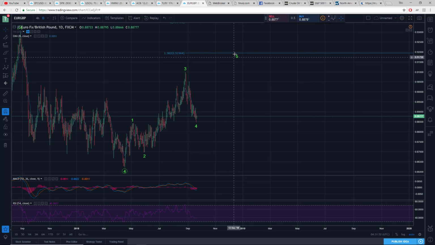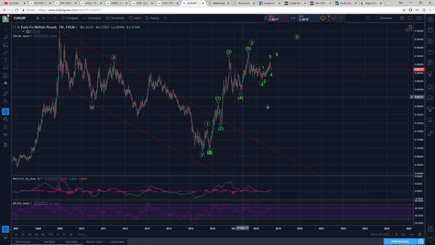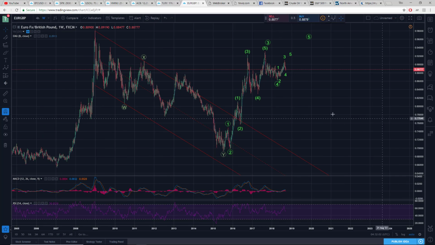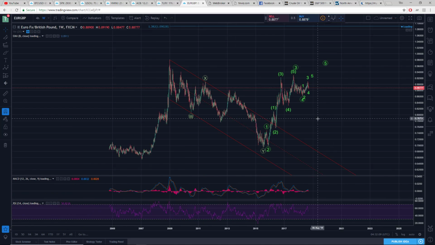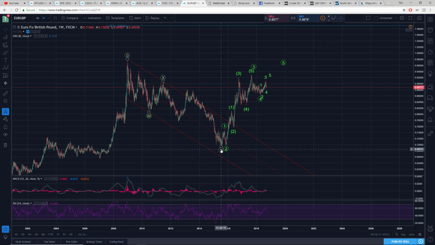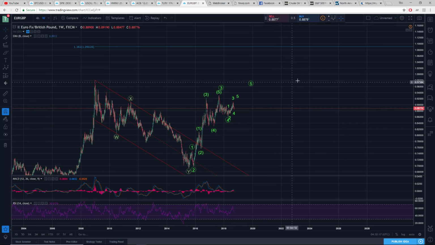Definitely liking the patterns on this. I'll delete this little reverse fib for now. I want to go back out to that weekly chart before I end things here. And let me just get it so I can pan around here. So what I've done is a reverse fib of this entire structure, of this WXY double zigzag, for a longer term upward target here. And that gets us a